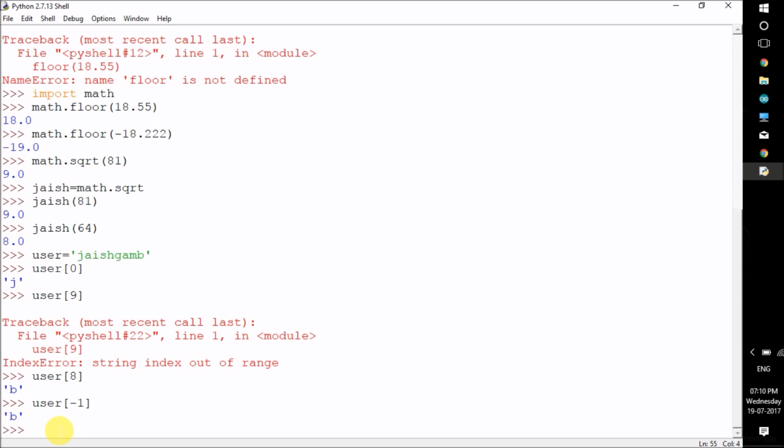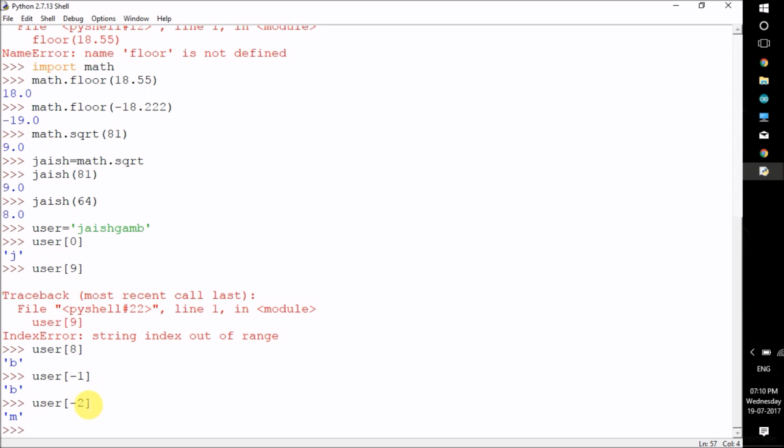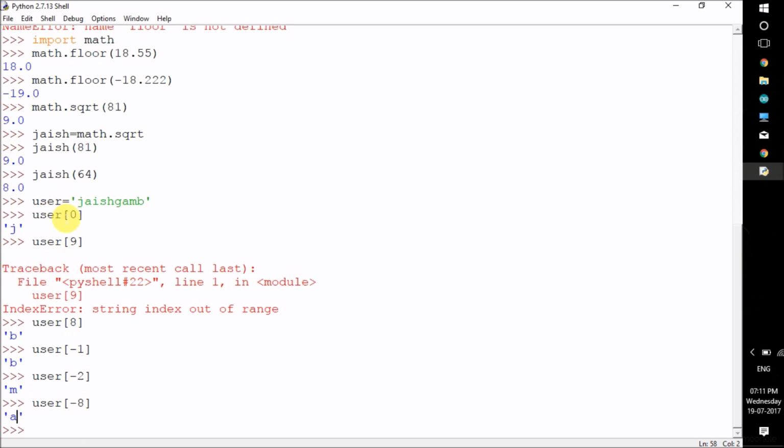It's b. Okay, I hope you can understand when I'm giving the next example. So I hope you can understand the b is from here. So user[-1], it's this. User[-2] is m. So similarly, user[-8] is a. So when it's going from here 0, 1, 2, 3, 4 till 8, when it's coming like this, -1, -2, -3, -4, -5 till -8,